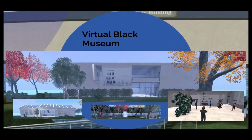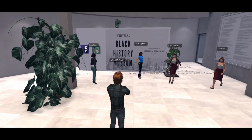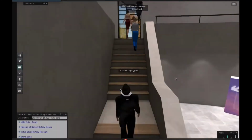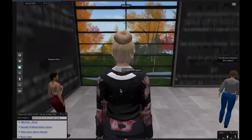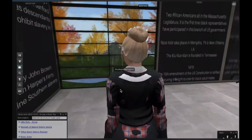Virtual Black Museum. This museum, unlike the other 2 included, has no brick and mortar counterpart. This place was built with a clear purpose and design. There are 3 buildings. The first building has visitors follow the timeline of African American history starting in 1619 when the first slaves were brought to what would become the United States and ending in 1965 with the assassination of